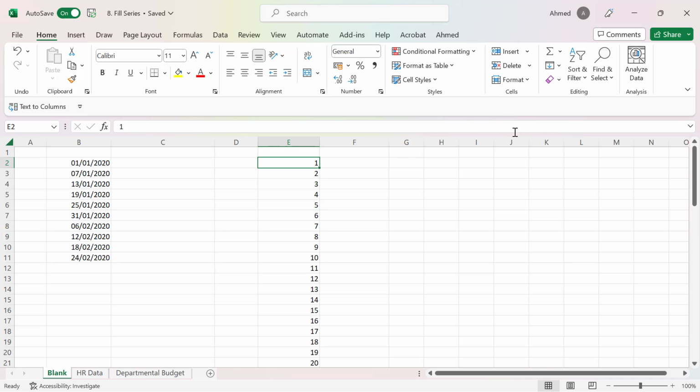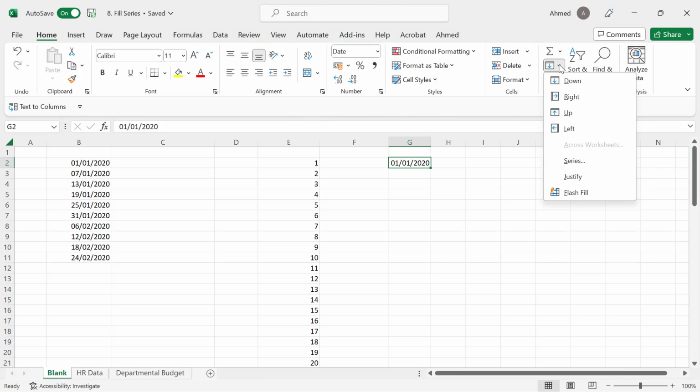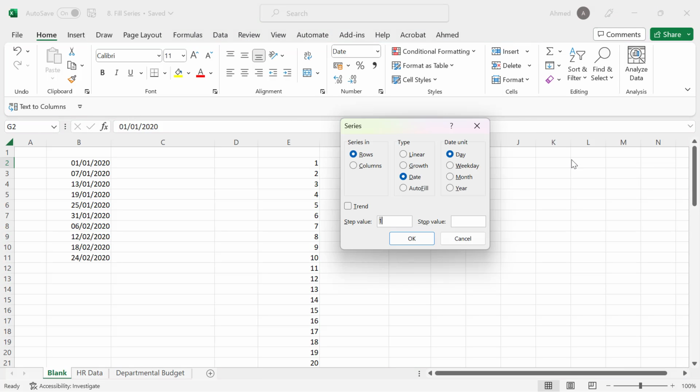Now you can use this same method if you want to write out dates. So I can go again and type 1/1/2020. Then I will go to that cell. I will go to my fill series. If I click on the drop down, I will select series here. It already understands that this is a date, and I want the days to move by 1 day. I could use it to move by 7 days, whichever one I like. I'm going to say I want it to stop maybe on